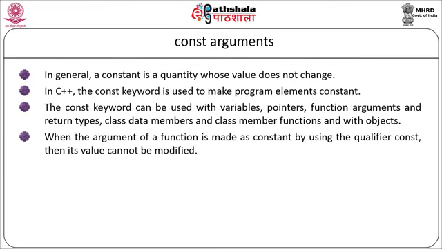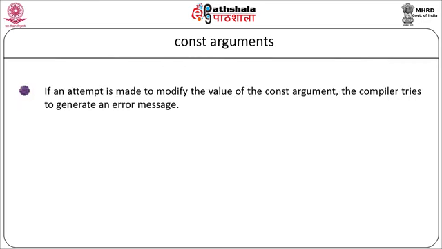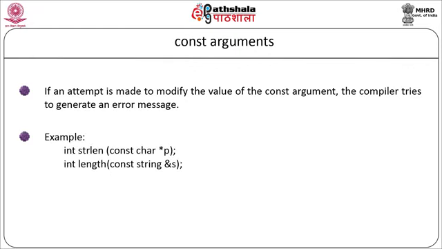When the argument of a function is made constant by using the qualifier const, then its value cannot be modified. If an attempt is made to modify the value of the const argument, the compiler generates an error message. Example: int strlen(const char *p). One more example: int length(const string &s);